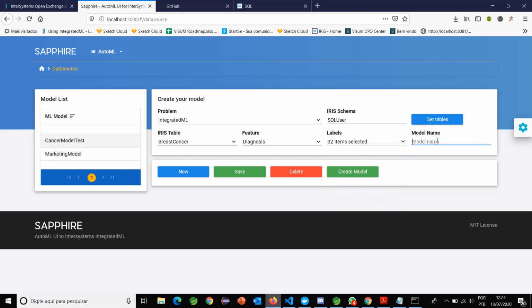and my model name. Cancer model tests 2 tests 2020. Okay, save